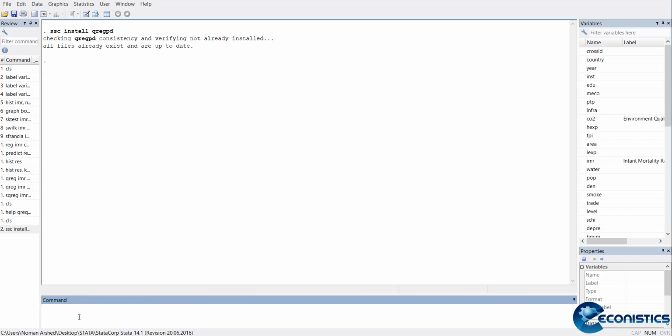And second was ssc install moremata. So it's looking at the internet. It will look for availability of the file, then compare it with the already installed file. If they are the same, then it will stop.